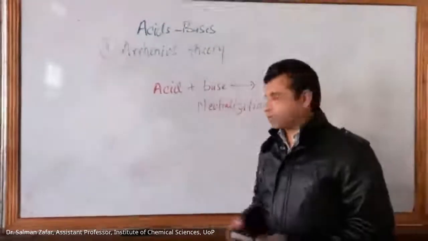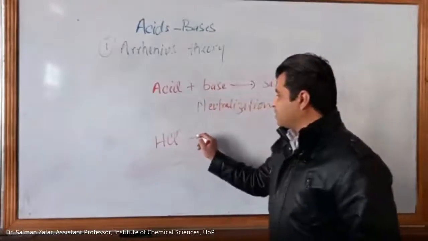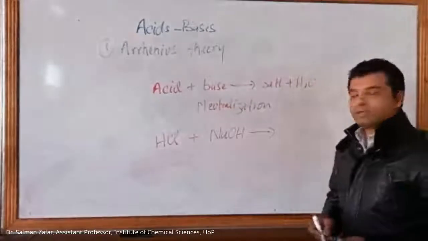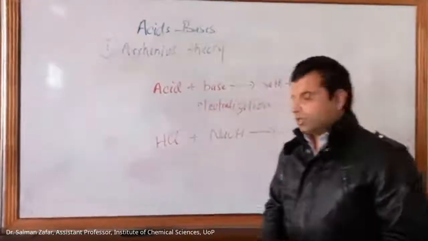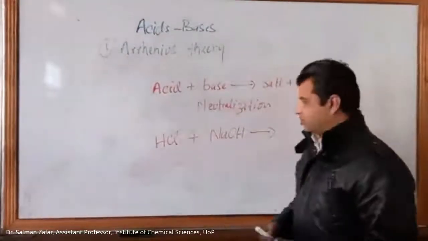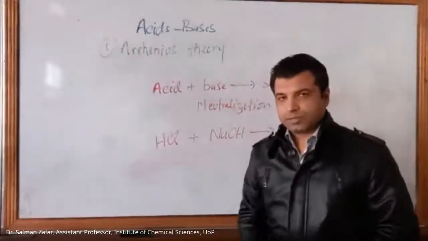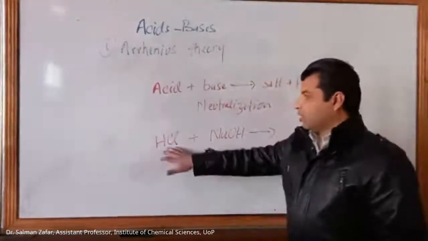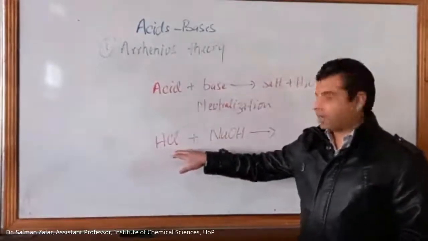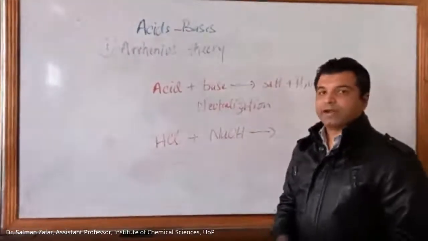Okay, so let's see this with the help of an example, a very common example, that is HCl reacting with sodium hydroxide. So what happens as a result is that this reaction happens in aqueous solution, of course. But when you put both of these molecules in water, forming an aqueous solution, this HCl will dissociate, as we already know, into hydrogen ion and chloride ion. This sodium hydroxide will dissociate into sodium ions and hydroxyl ions.